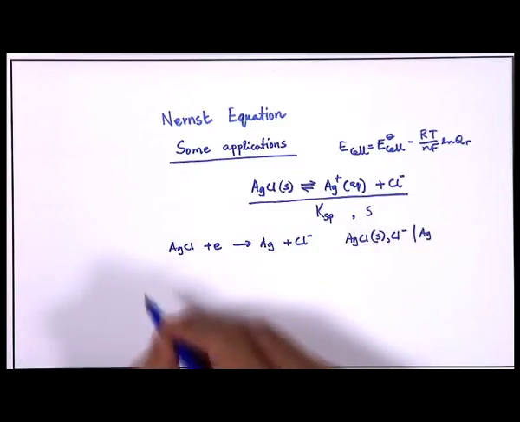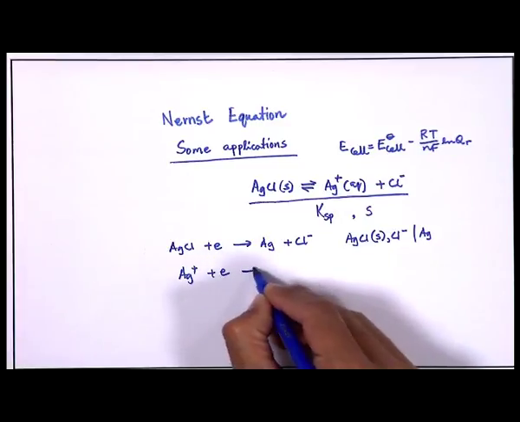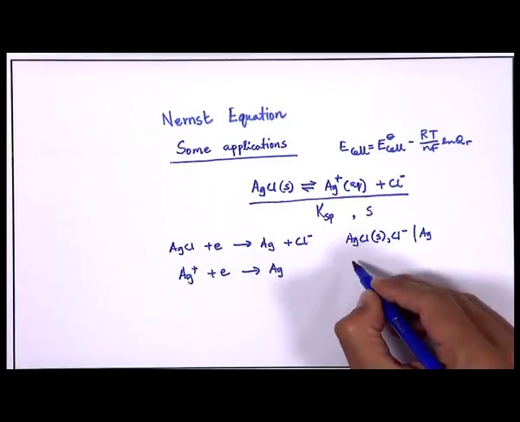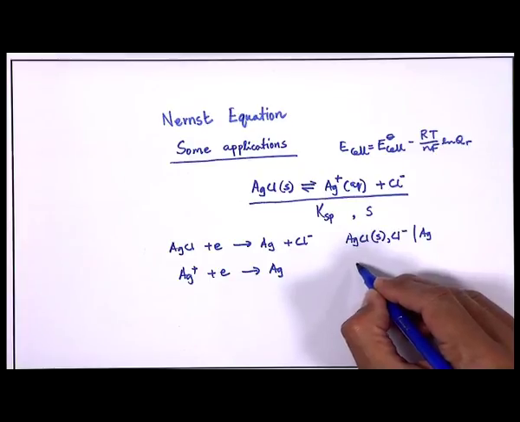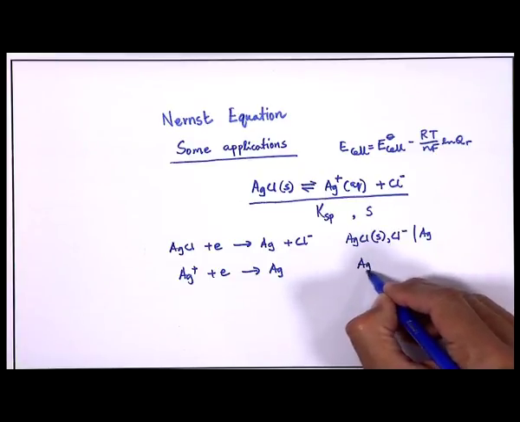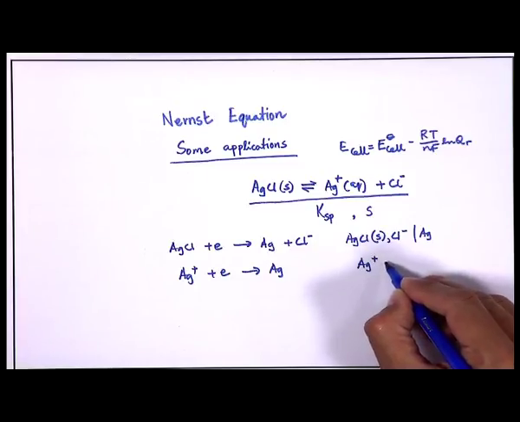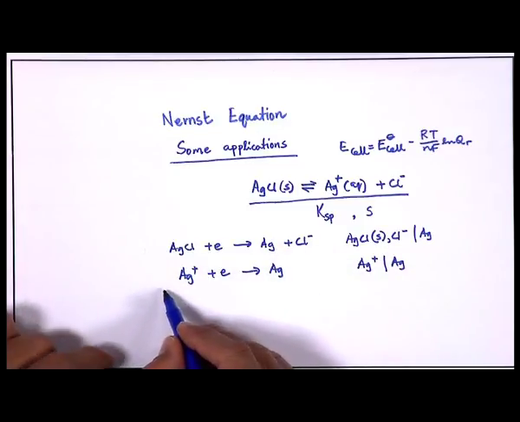And if we look at another reaction, Ag plus plus electron giving Ag solid, its corresponding representation is Ag plus, Ag. Now, if we subtract